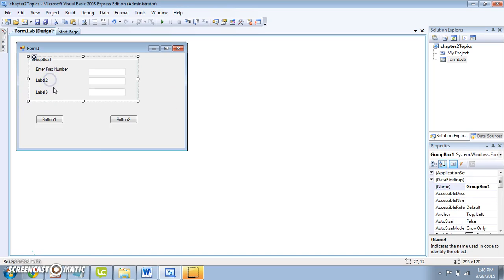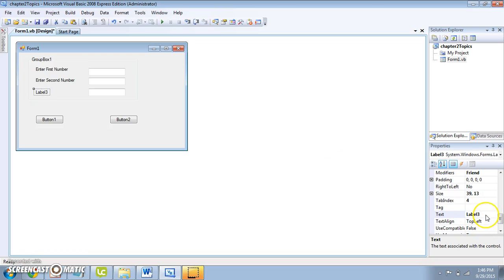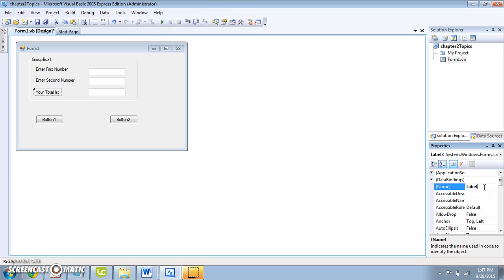Okay? So in the second label, we'll do the same thing. We'll call this second num label. And for the text, we'll put enter second number. And for this one, text, we'll call this your total is, and we will call this total label. Okay. All right. Now this one, this should actually be a